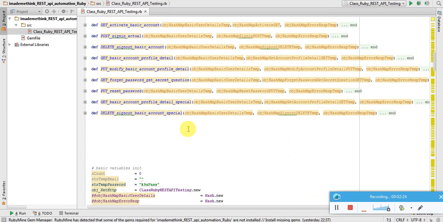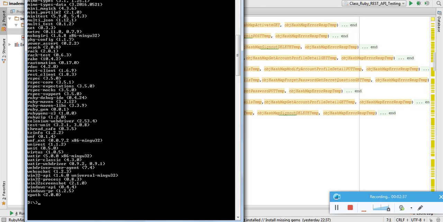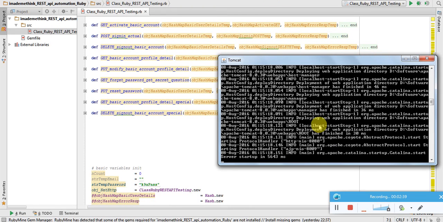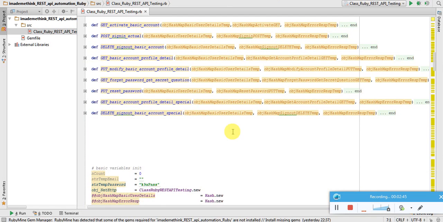Before that, as I discussed in my earlier video, the application which I developed for testing purposes, user management, is running locally in my local Tomcat. This is that application which is running, and the I Made Me Think web application is also deployed and running. So we are ready to do the API testing.